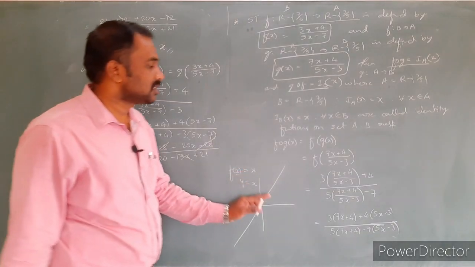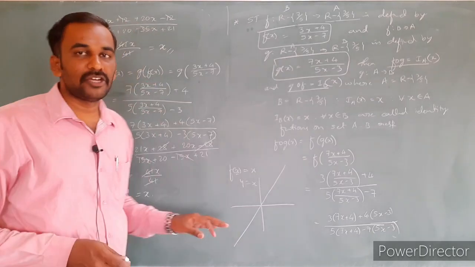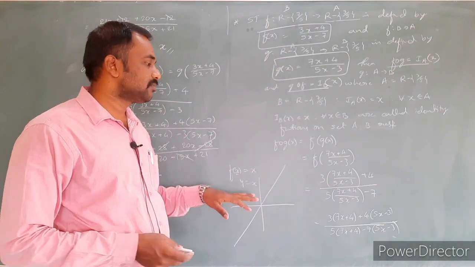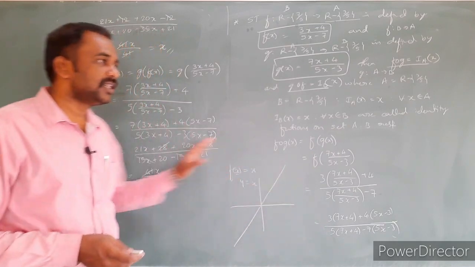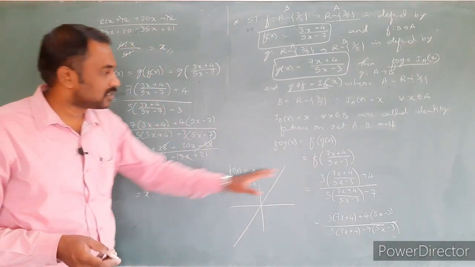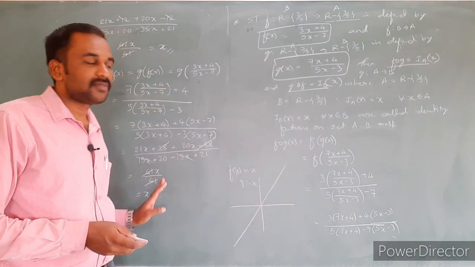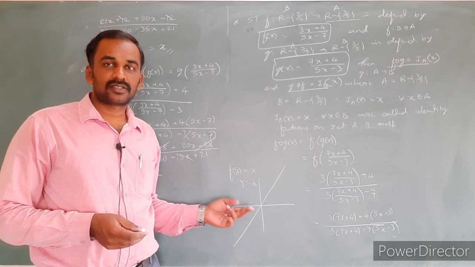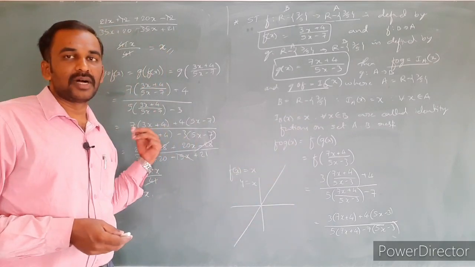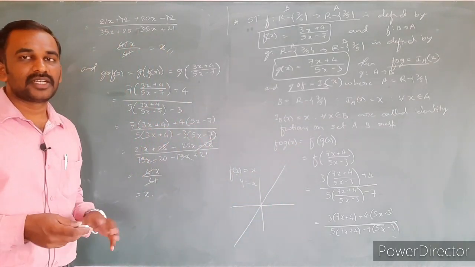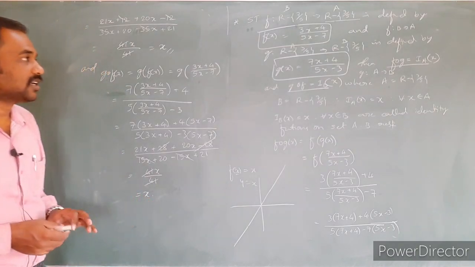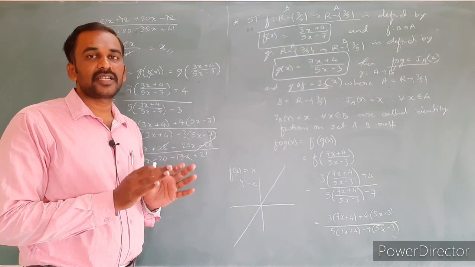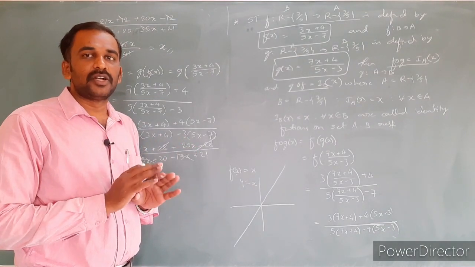Anyhow, this is also a very important problem for the 5 marks section. Or else sometimes they ask it as a 3 marks question. If they ask 5 marks, it may be 2 marks for this one and 3 marks for that one, or 3 marks and 2 marks. If they ask 3 marks, it may be 1 mark and 2 marks. Sometimes they divide it. Anyhow, it is very simple, but you have to clearly understand how to take the composition of two functions.